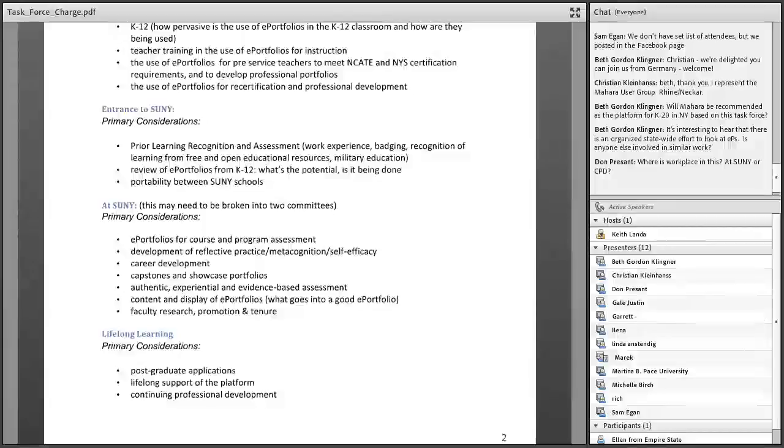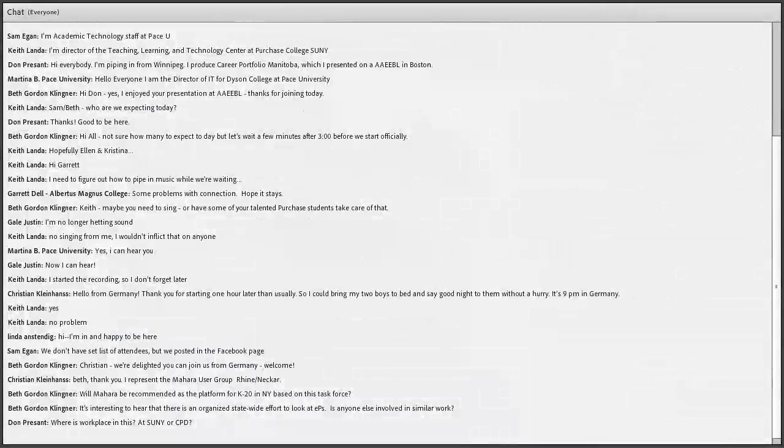That's why we're trying to get business and other representatives on the task force. This is kind of on the same status as CPD, the Center of Professional Development, which also reports to the provost, as does the FACT Council and a number of other SUNY bodies.